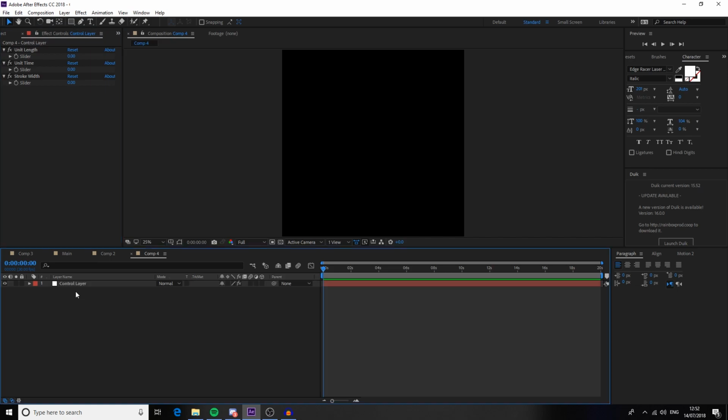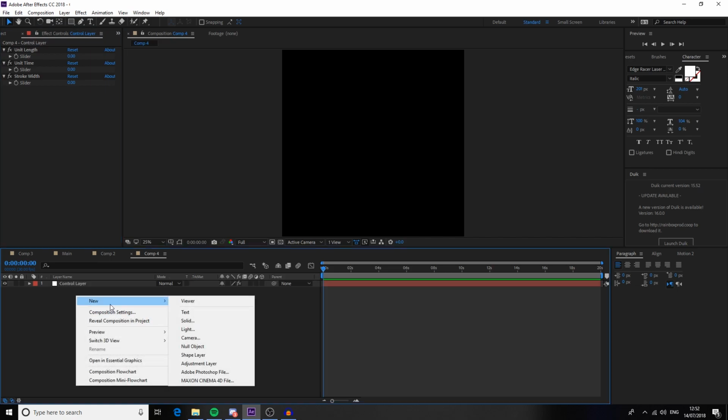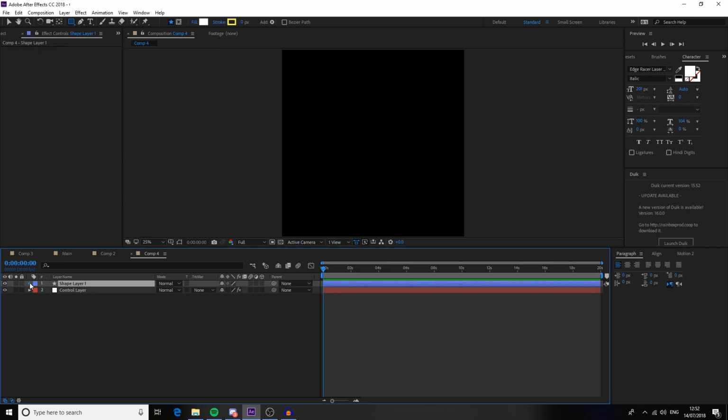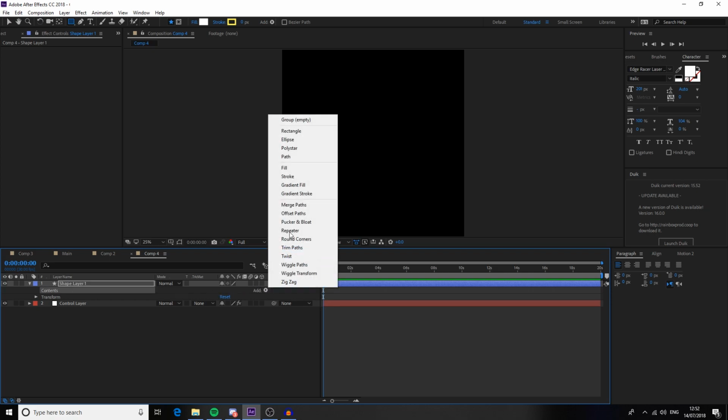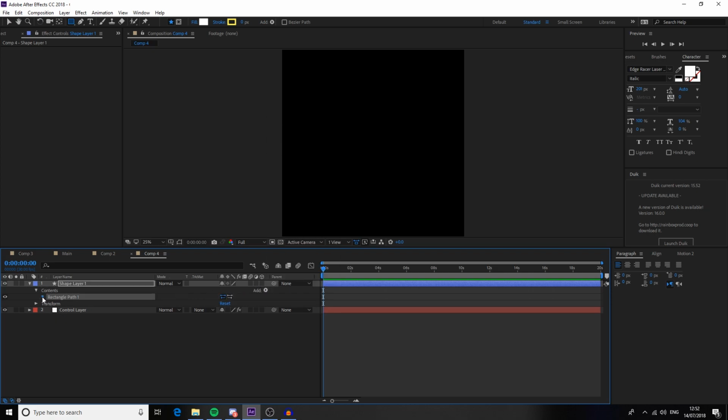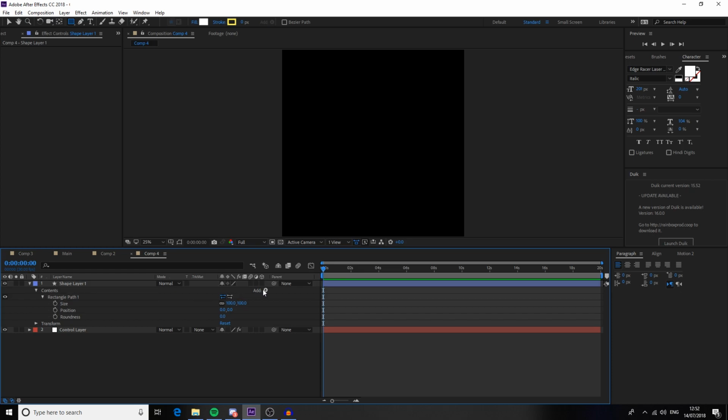So in control layer, we want, not in control layer, in this composition we want a new shape layer, and in that we want to add a rectangle, and in that we want to add a stroke,